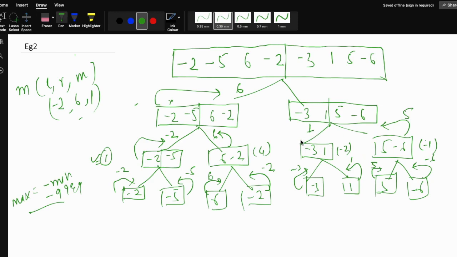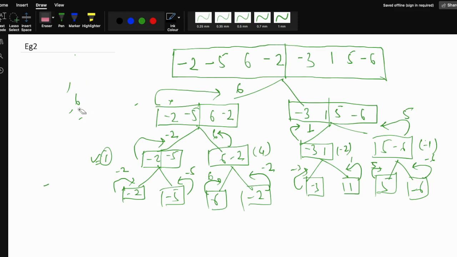Now we have to calculate the maximum along the leftmost and the rightmost. So you can simply apply that same formula. Let me write here. You will be getting the maximum as 1 here. Let me calculate, so it will be easier to understand. So we have 1 and minus 3. Obviously you can see 1 is greater here. So leftmost is 1, and for the rightmost you will be getting 5. So by addition you will get mid equal to 6.